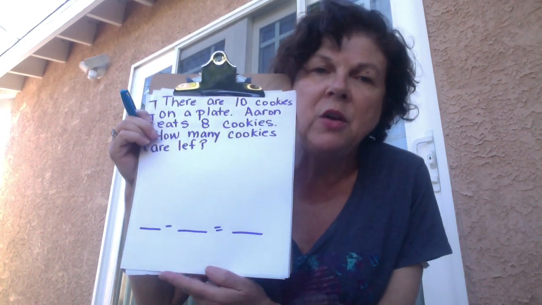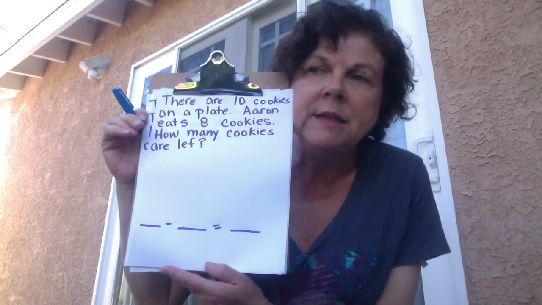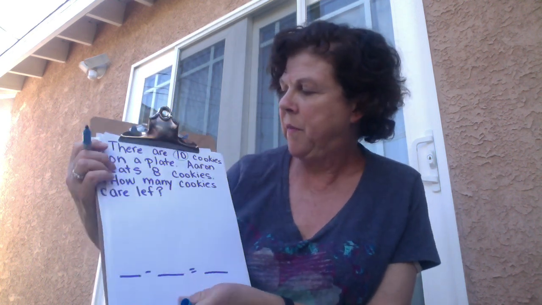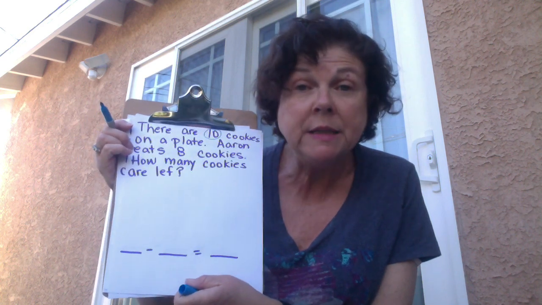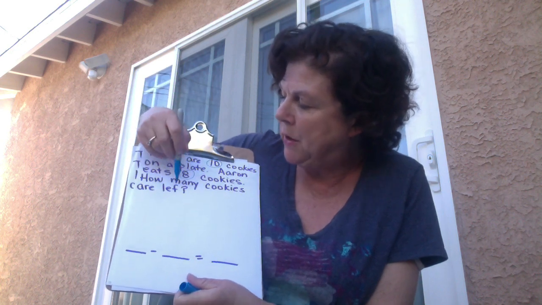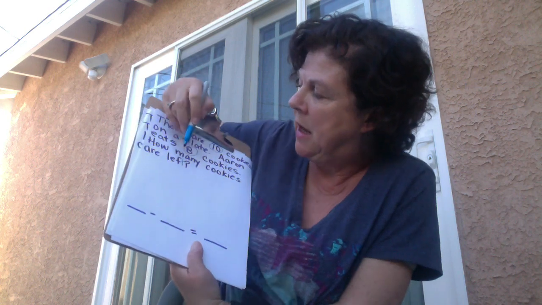Okay, I'm going to say that again. There are 10 cookies on a plate. Ding, ding, ding. I'm going to circle that 10. Aaron eats 8 cookies. Ding, ding, ding. I'm going to circle the 8. How many cookies are left? Uh-oh, I realized I left my T off of the word left. Okay,